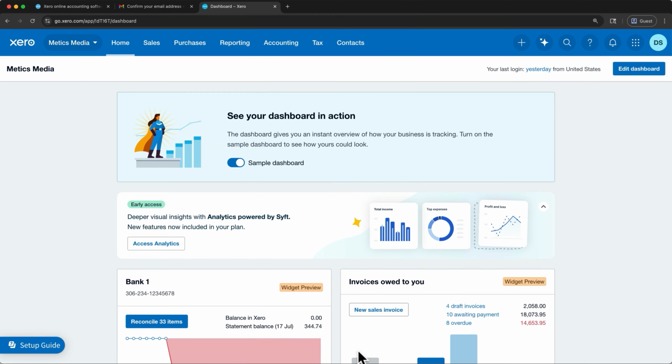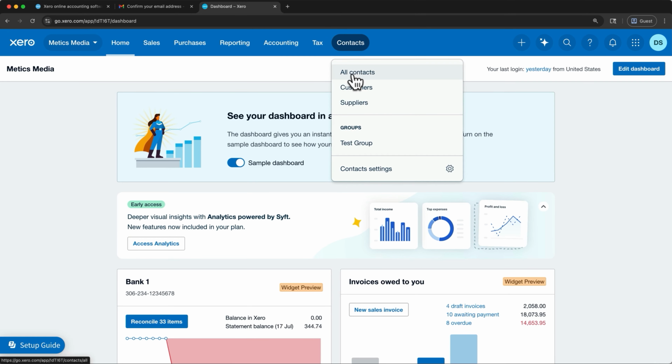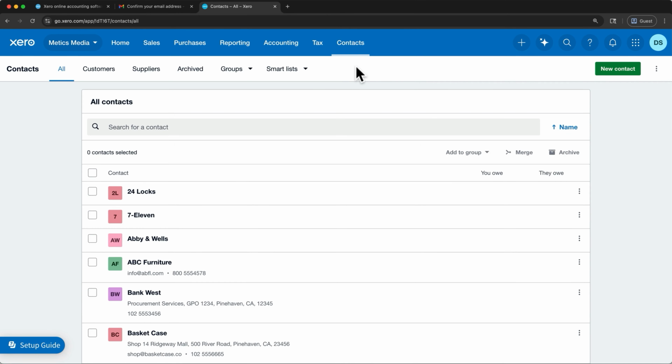Along the top bar, next to your organization name, you'll see the main tabs: Home, Sales, Purchases, Reporting, Accounting, Tax, and Contacts. You'll click these to open the menus and then navigate to the section you want to go to. I'll go back home,